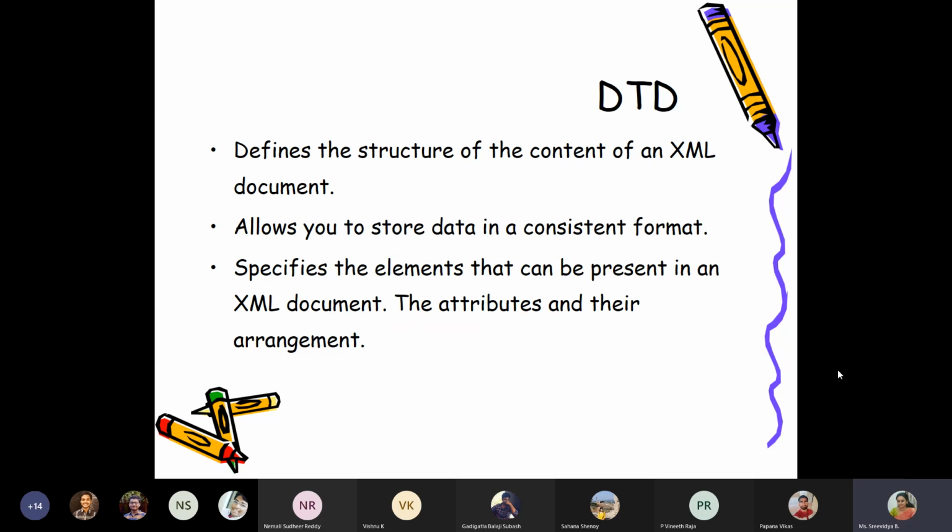Okay, so we will start off with DTD. What we are supposed to do at the end of these sessions is we should know how to write a DTD for a specific scenario. A scenario will be given to you that between two users, this is the kind of document they are going to share, which has these tags or this information to be stored, and it is up to you to decide whether you use a tag or an attribute. I hope you are able to understand that.